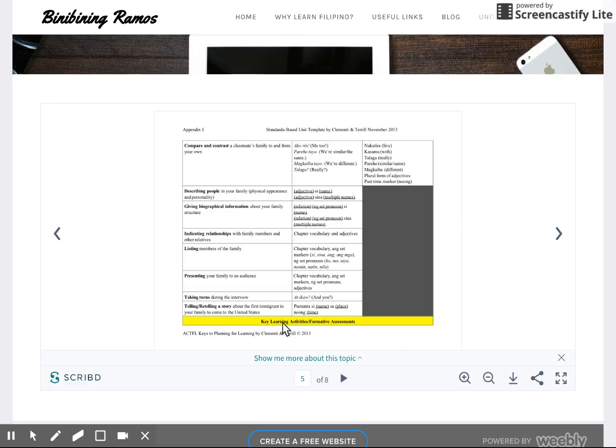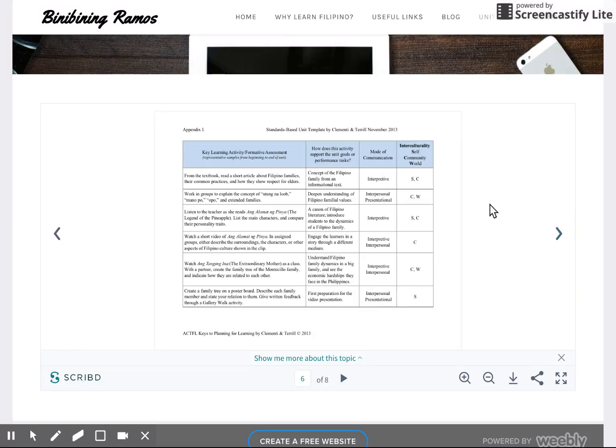Right under it were key learning activities or formative assessments, which is Stage 3B. Stage 3B gave me the chance to lay out the unit from beginning to end. And interculturality was a piece that was especially helpful to have in this stage because it reminded me to make my unit well-rounded. Another aspect that was helpful was this column, which asked about how each formative assessment related to